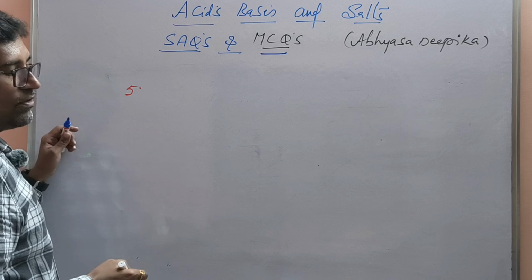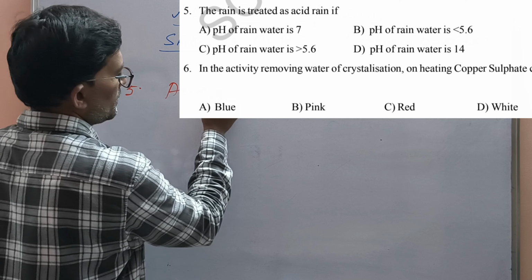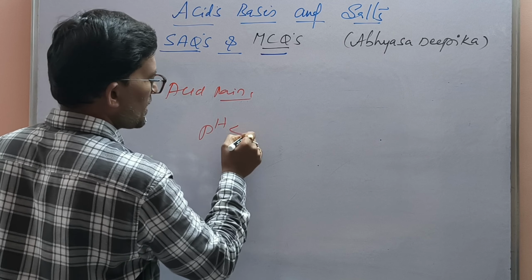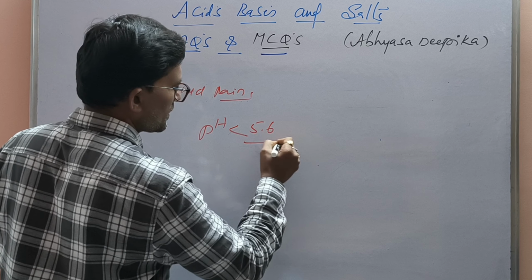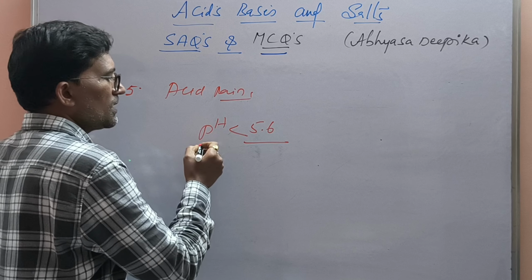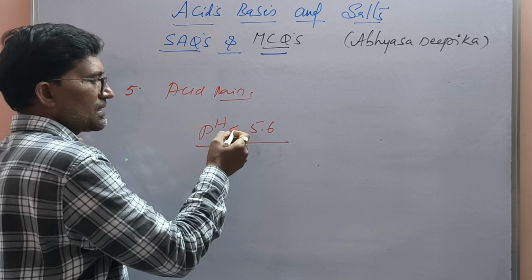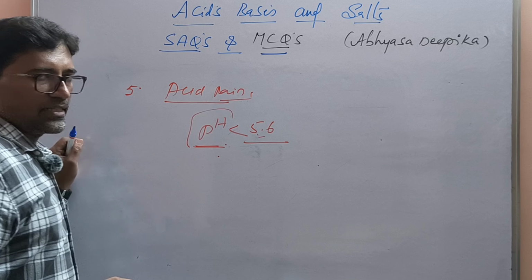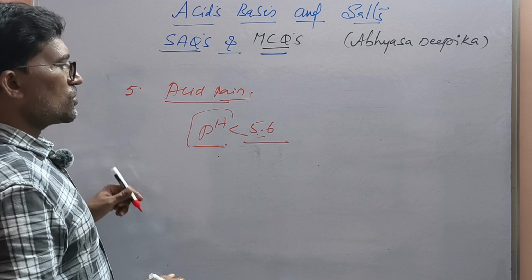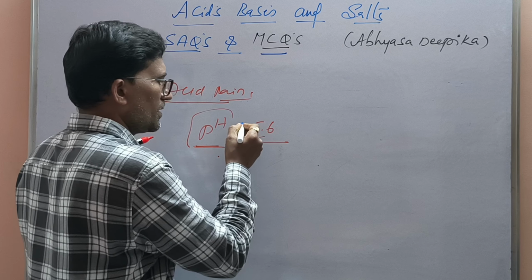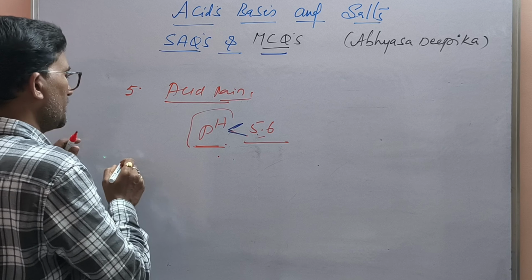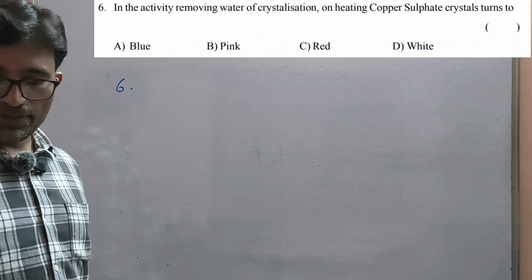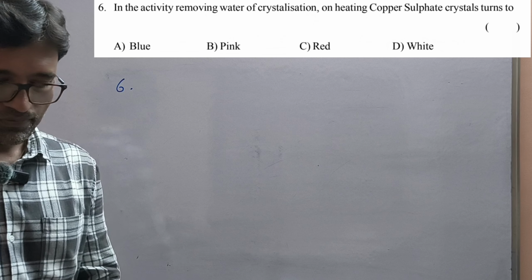Fifth question is, when is rain treated as acid rain? If the pH value of the rainwater is less than 5.6, then it is considered as acid rain. That rain is called acid rain. Remember that. Sixth multiple choice is, in the activity removing water of crystallization, heating copper sulfate crystals turns into